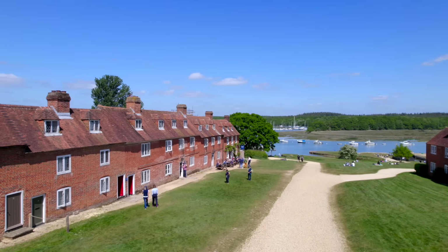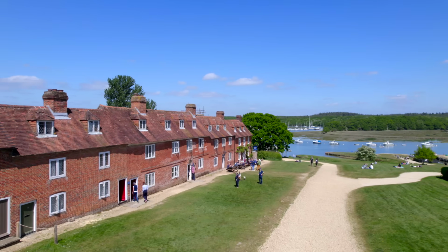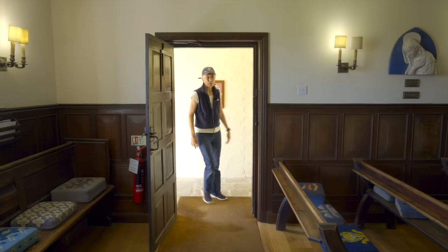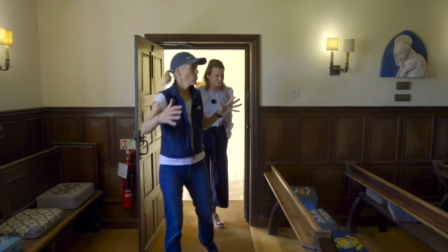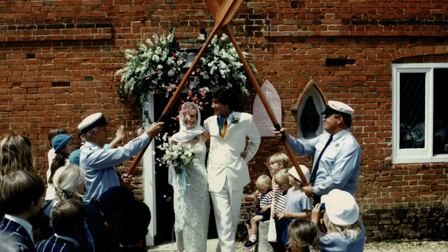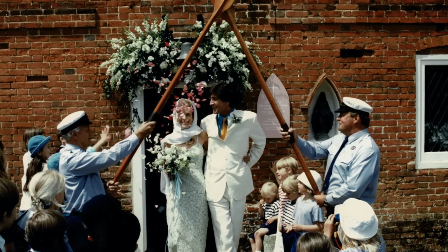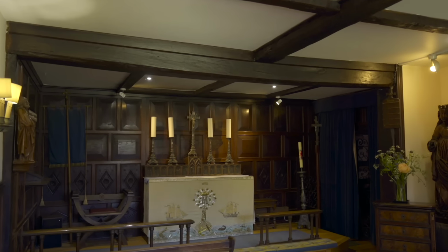Okay, so where are we heading to now? Well, do you want to go in and see the chapel here where I got married? So perhaps we can show you that? This chapel is just one room wide, and as you'll see, it's very beautiful. I got married here with 20 people in the room, and it's very special to me. My kids were christened here, and it's used every week by the Beaulieu parish, so we still have services here. Although it's privately owned by the Montague family,